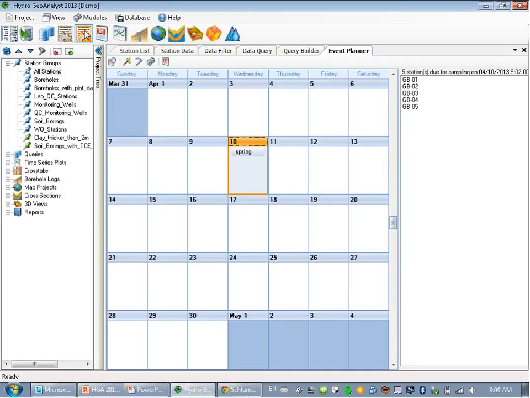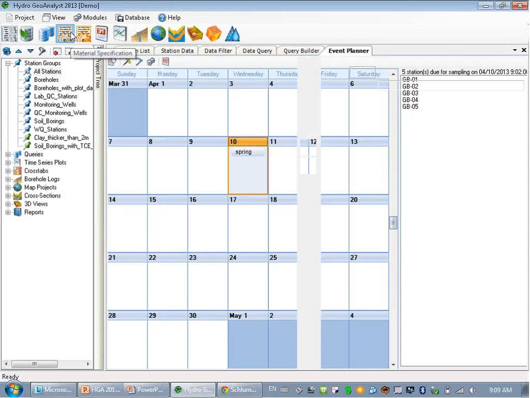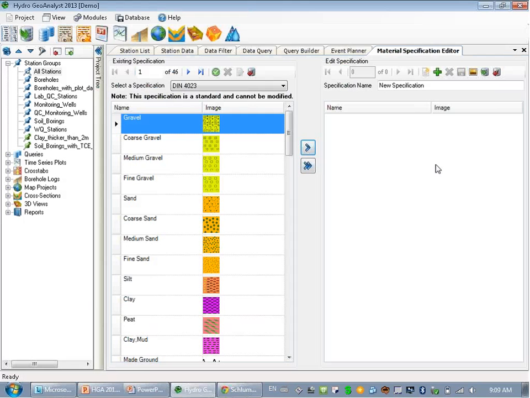And then I can also show you, for example, the material specification. Again, notice that it launches as a tab. It's difficult for me to show on my laptop. I'm doing this presentation on my laptop, but if you have multiple monitors, you can just pull them out and play with the different tabs. That's kind of cool. And if I wanted to make a new specification, one of the nice new features is this option to add your soils based on your images. So if I were to pick,